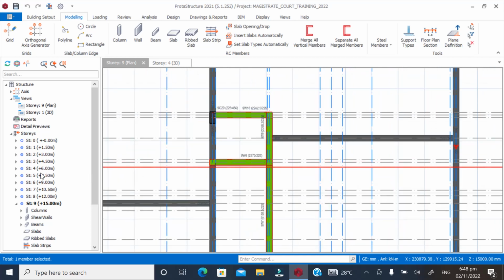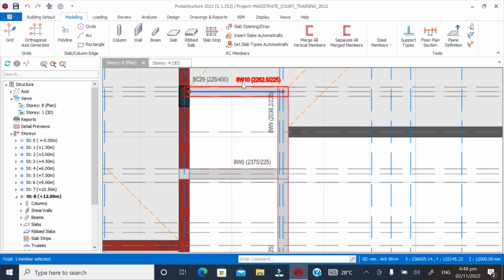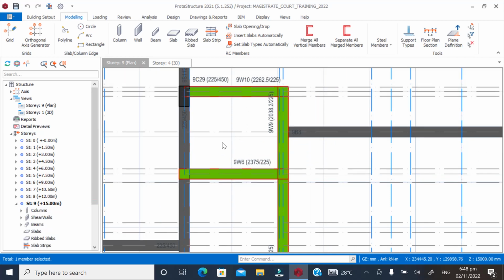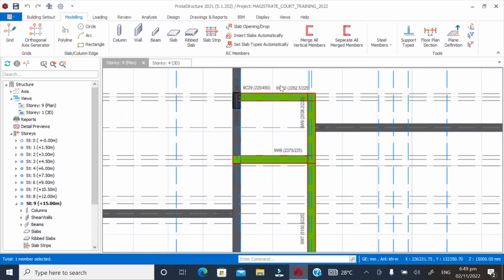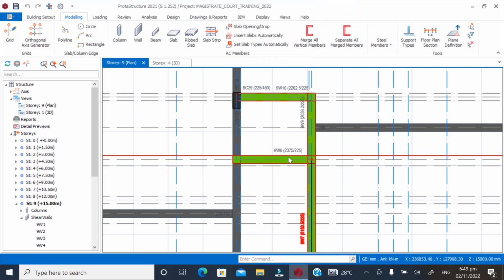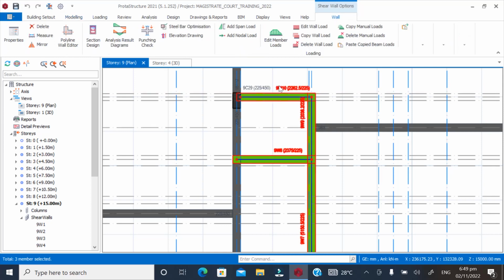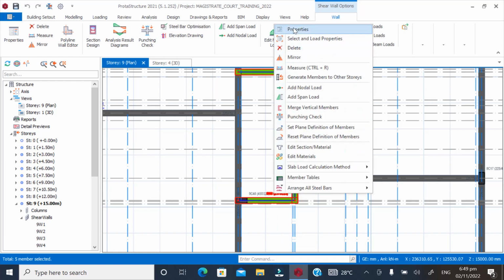Alright, now the next thing we are going to do now is that you will notice that the wall here is showing, but it's not like what we have in story 9. The reason is because the walls that we have here, we need to work on the length of the story. Now this is what I mean. Select all the walls by pressing the control key, then you go to properties,